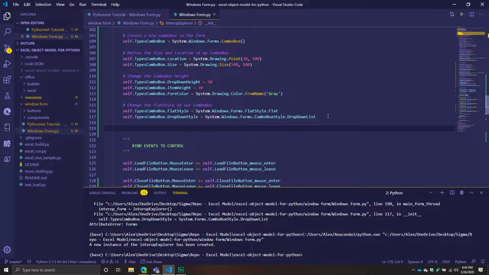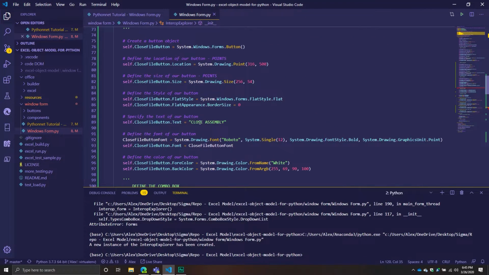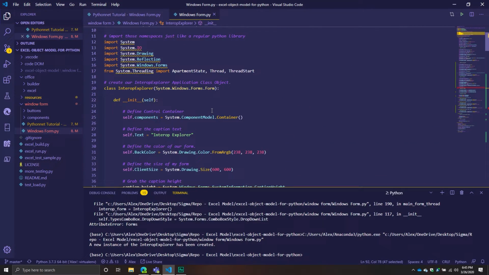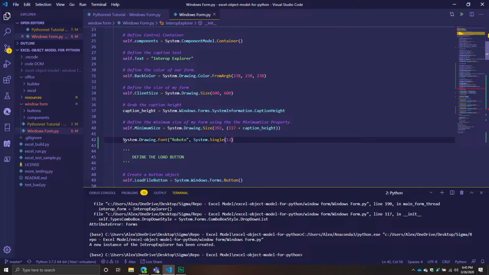And then from here, we are going to change the font. So we're going to say self.types combo box and then font. Now I'm going to do something a little bit different here because we have actually defined a font up above, but I want to show you a different way of doing something where if you don't want to specify the font over and over again, we can define our system font, right? So we'll call this our self